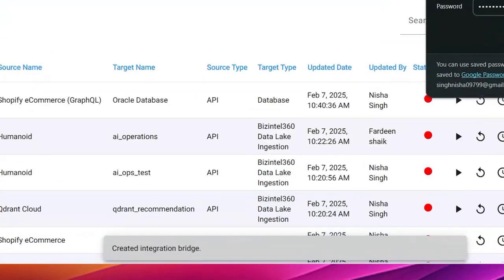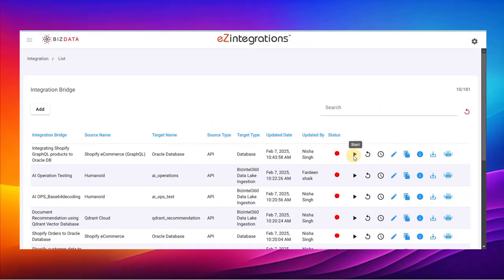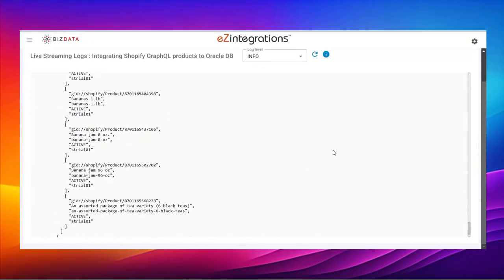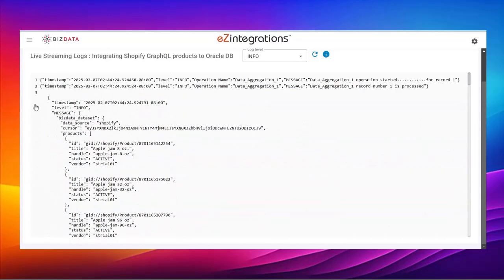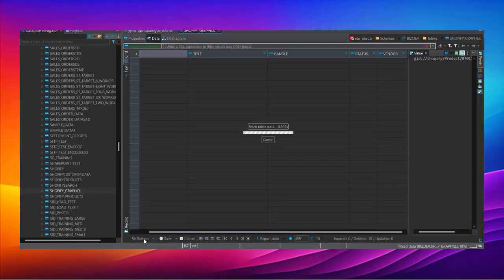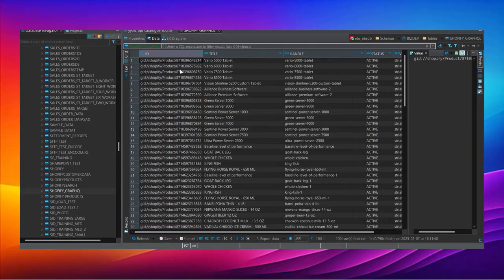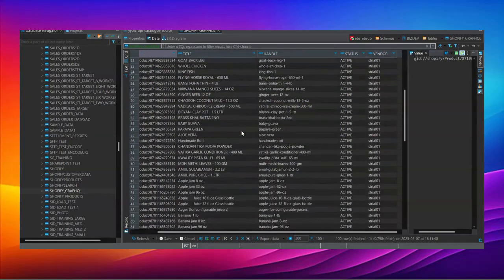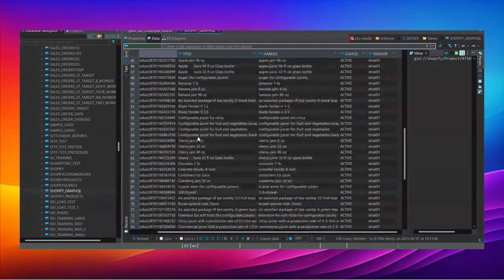With the integration bridge saved, we start the service. As data flows, we monitor live streaming logs and confirm that the structured product data is successfully transferred to the target system. With just a few simple steps, we've successfully integrated Shopify GraphQL data using eZintegrations,